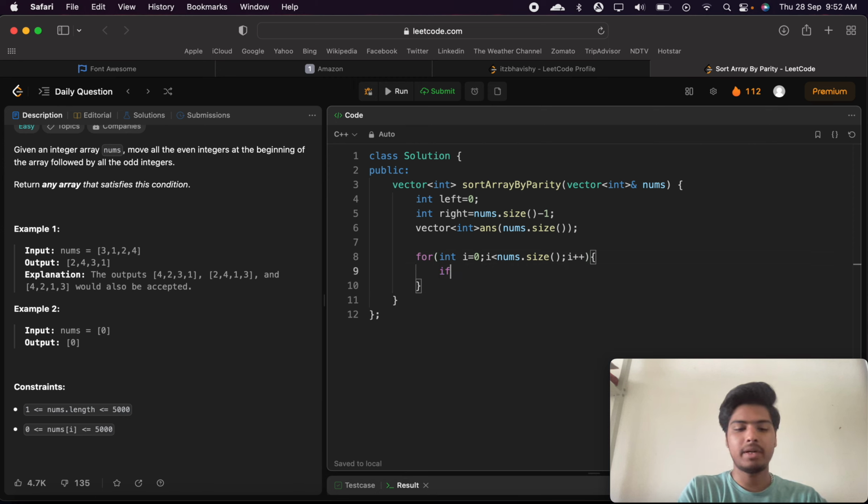If that number is even, meaning if nums of i modulo 2 equals to 0,